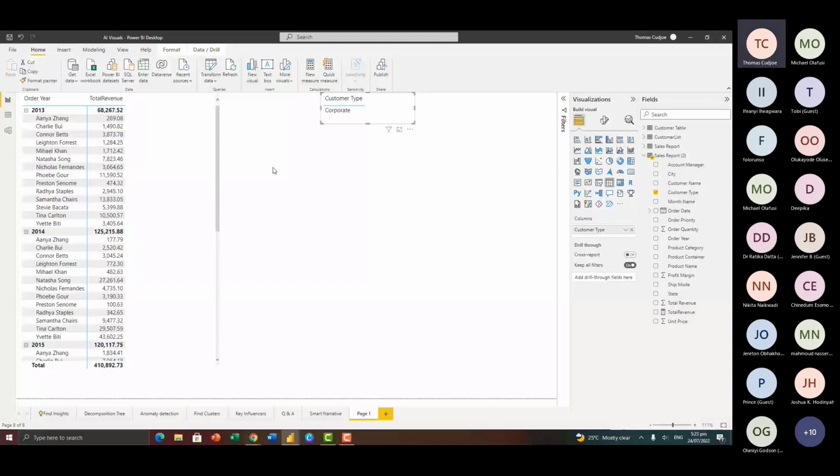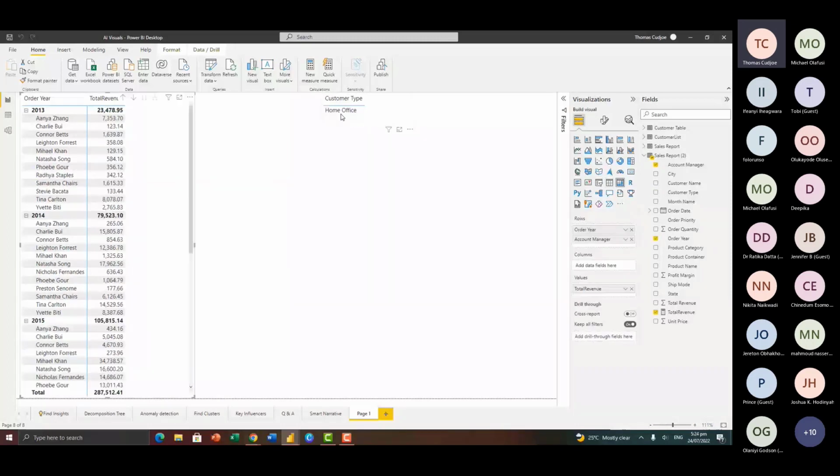Now this is going to refresh my query. And if you take a look at this result, you can see that the result here has changed. And if you take a look at the customer type that we have here, it's home office. So it means that the values that you are seeing here relate to home office customers only. Now when I go to transform, edit queries or edit parameters, I can change this to small business and then click OK.